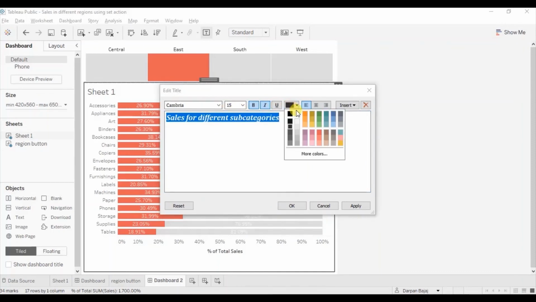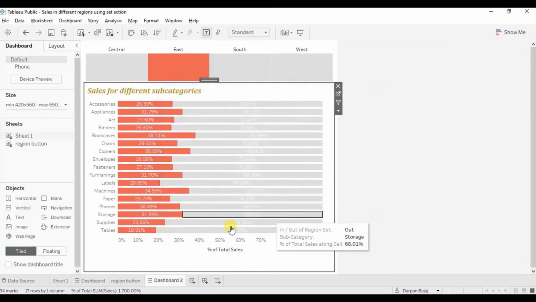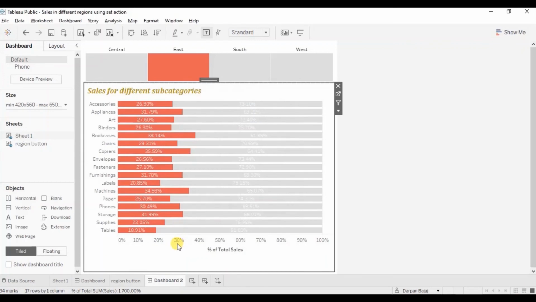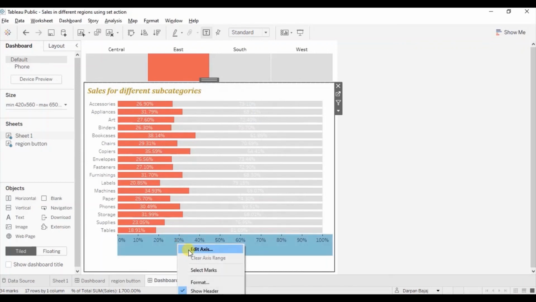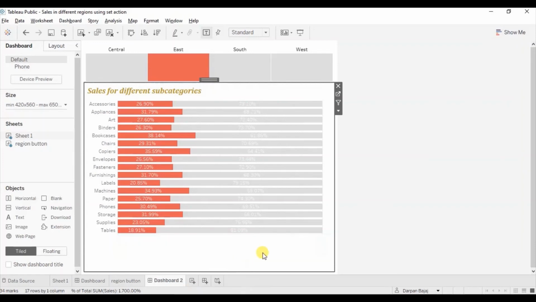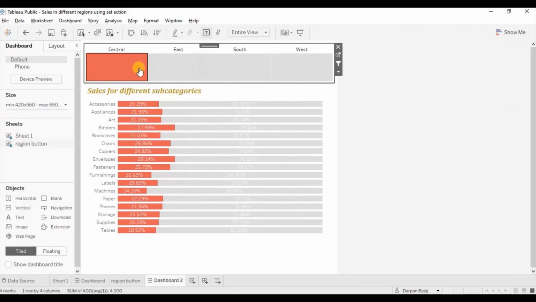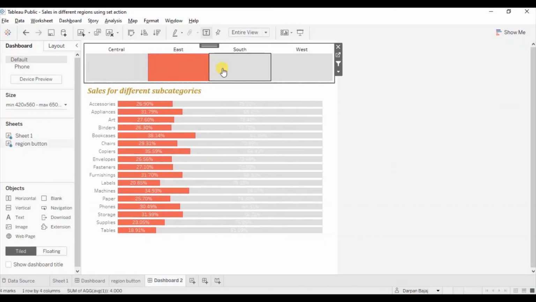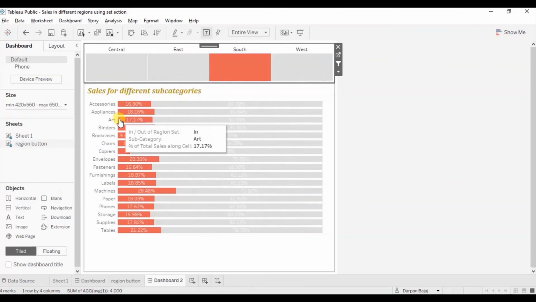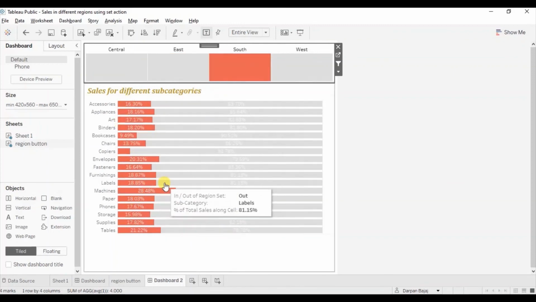Change the font color to golden. Click on OK. You can even hide the axis, uncheck show header. So now we have a cleaner view that allows user to select any region, and the chart will update to give the percentage of sales in that particular region.